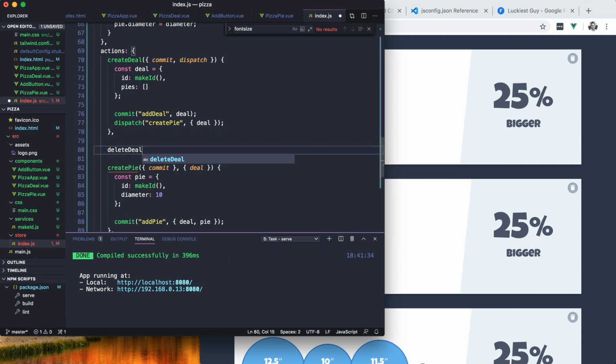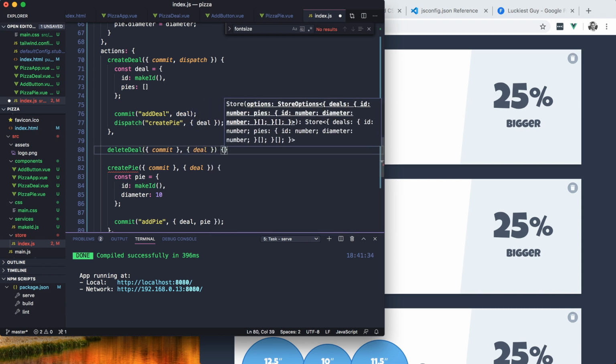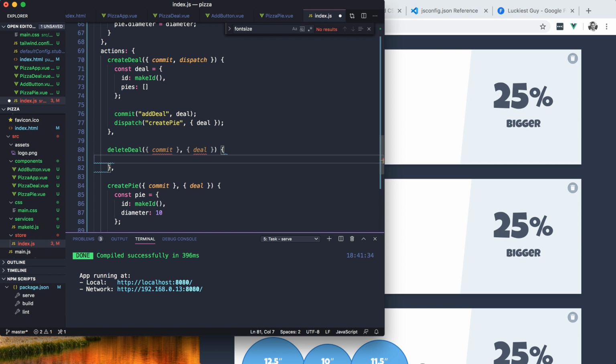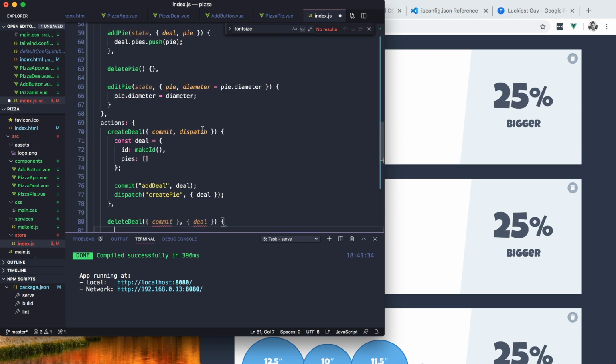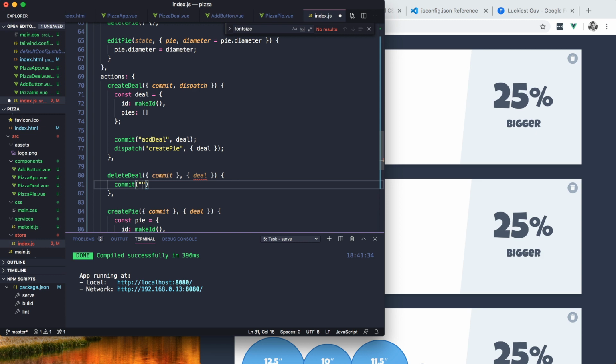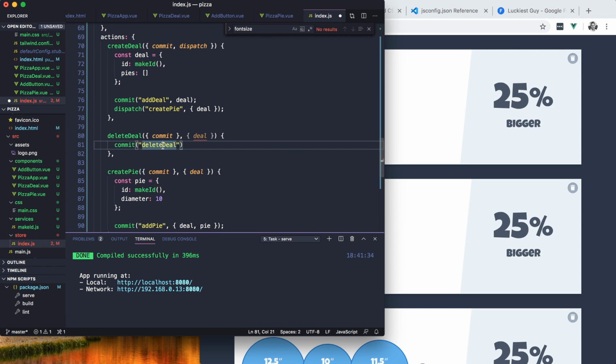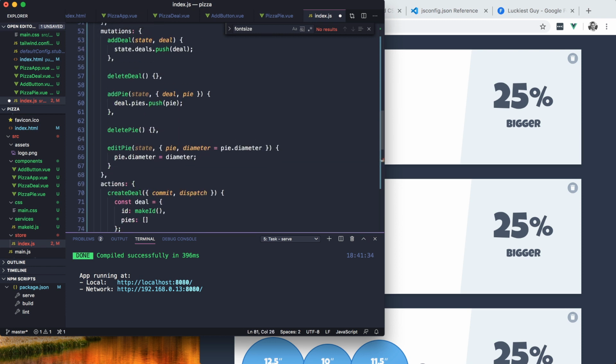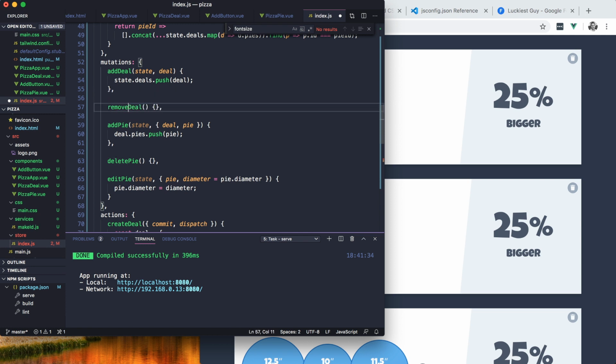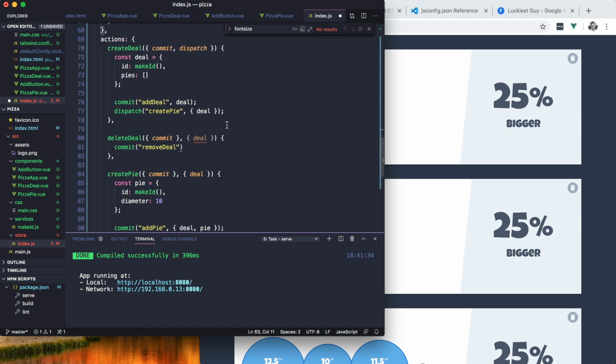So delete deal, it takes in the deal, and we're going to say commit. I'm not going to call it delete, I'm going to call it remove, just as a convention, that mutations add and remove things, whereas actions create and delete things. Sometimes there's other stuff that goes into doing that. Remove deal,